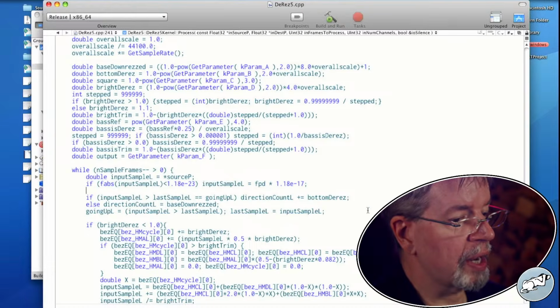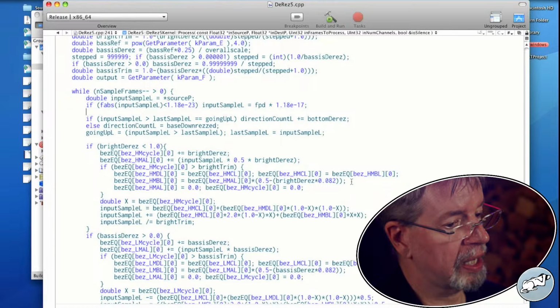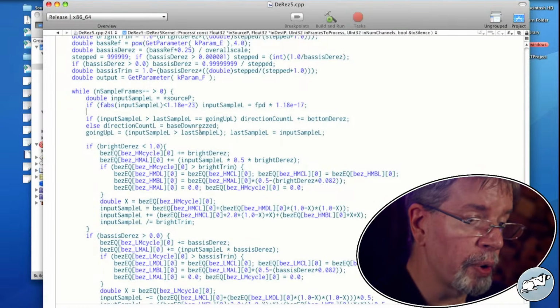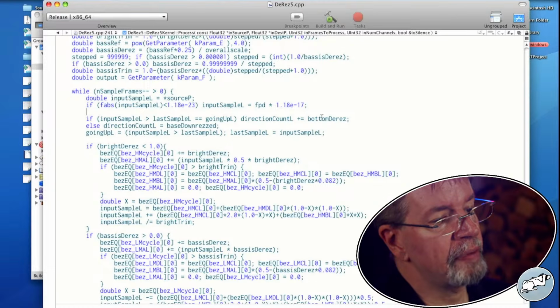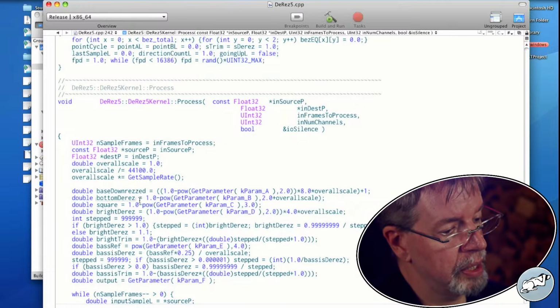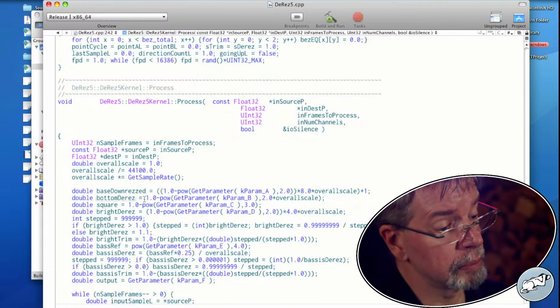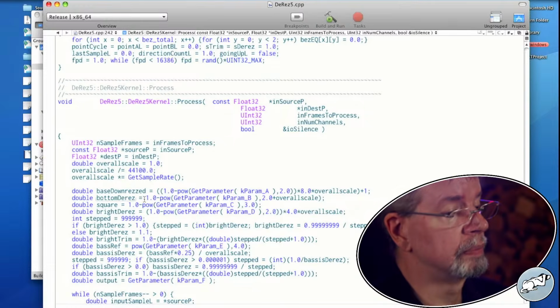Makes me wonder what I can get out of it by playing more dangerously. Direction count L is a float. Bass down res is a float, well, a double floating point. It's having bottom dres added. Bottom dres is a very low number at the top.